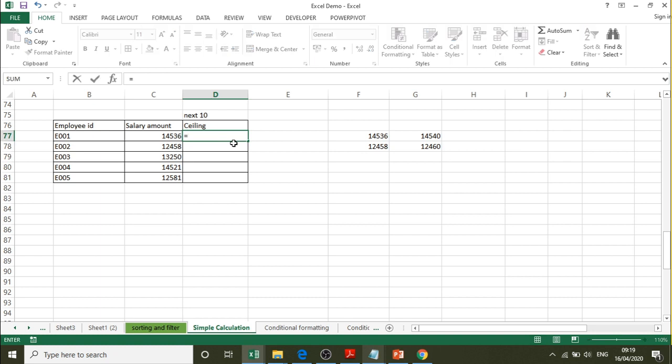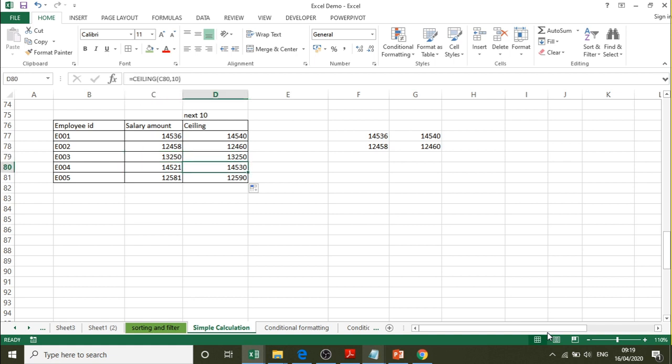So we will use CEILING, the cell address, that is C77, and the significance that we want, that means next 10, 50 or 100. Here I am using 10, I want it for the next 10. So I will get it as 14,540. Similarly, I will use the fill series here. Whenever I get 12,458, I will get it as 12,460. It is 13,250, there is no change in this.